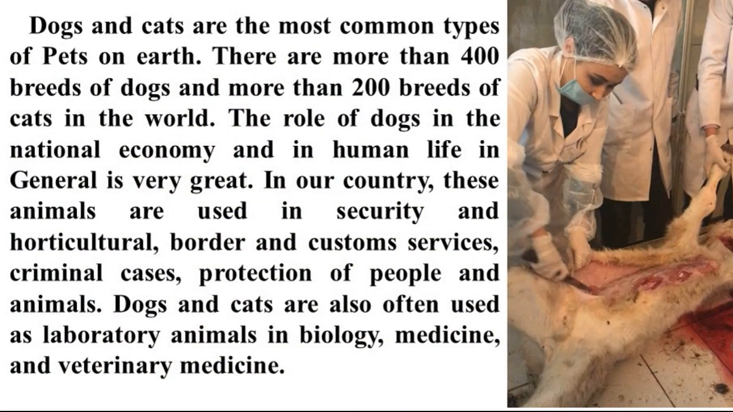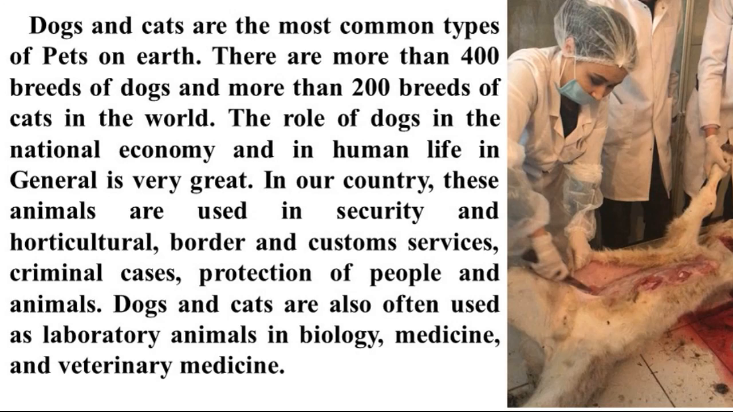Dogs and cats are the most common types of pets on Earth. There are more than 400 breeds of dogs and more than 2 breeds of cats in the world. The role of dogs in the national economy and in human life in general is very great. In our country, these animals are used in security and horticultural, border and customs services, criminal cases, protection of people